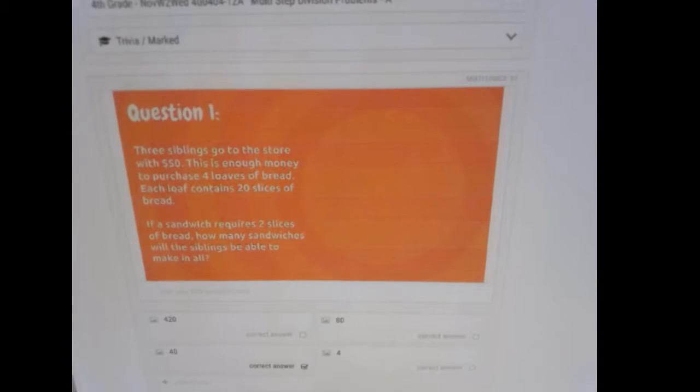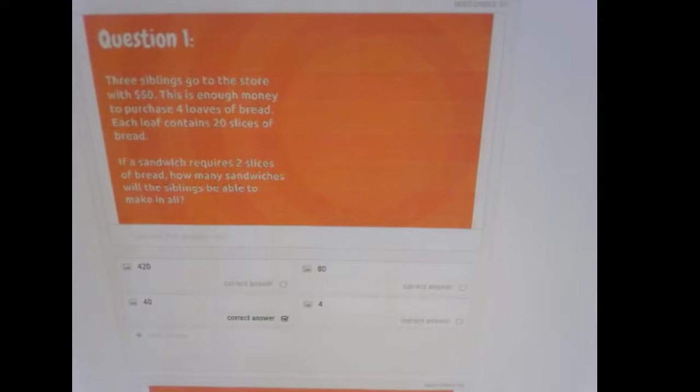So if we had 3 siblings that went to the store with $50, this is enough to purchase 4 loaves of bread. Each loaf contains 20 slices of bread. If the typical sandwich requires 2 slices of bread, how many sandwiches will the siblings be able to make in all? So we have to see what information is helpful and pertinent,